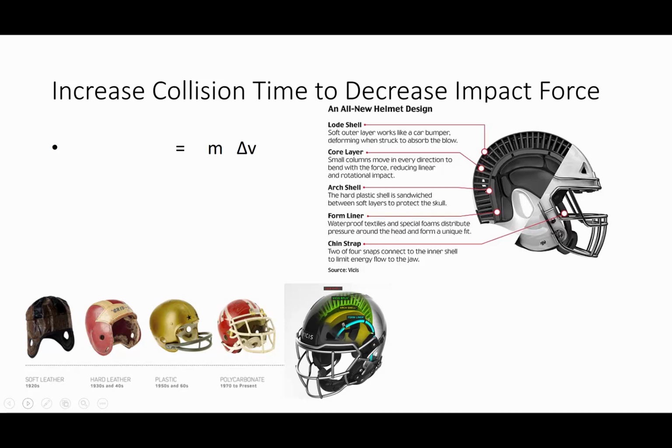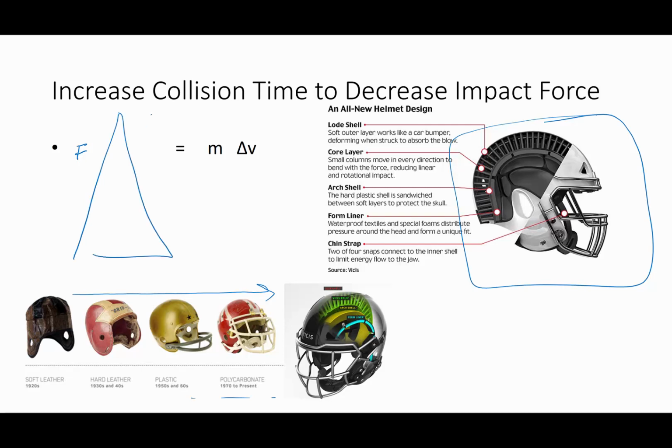One of the examples most in the news in the last couple of years has been NFL football helmets. Long ago and far away, they just used simple little leather helmets with maybe a little bit of sheepskin padding, and through time the helmets have gotten more and more sophisticated. The new modern NFL helmets are a wonder of engineering, and the purpose is to prevent concussions and long-term brain injury to people who play football by taking the collision time and making it